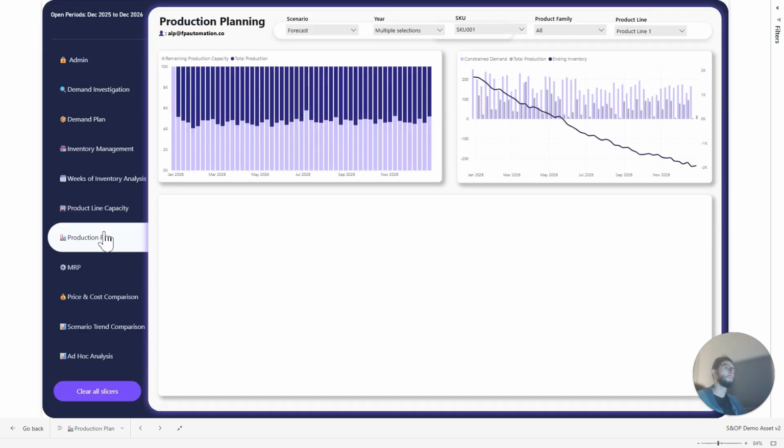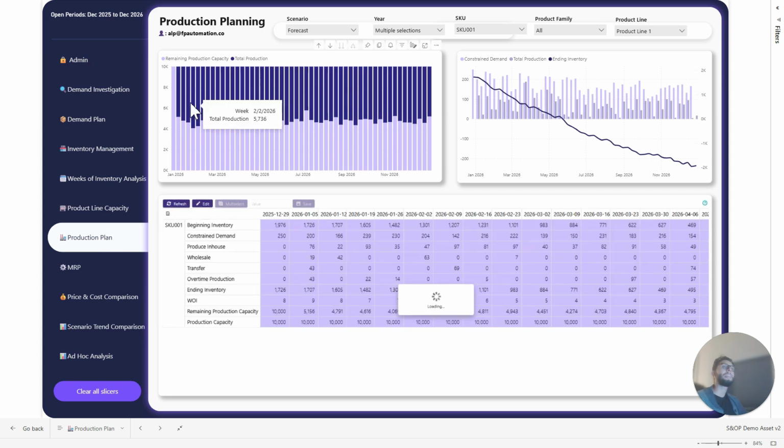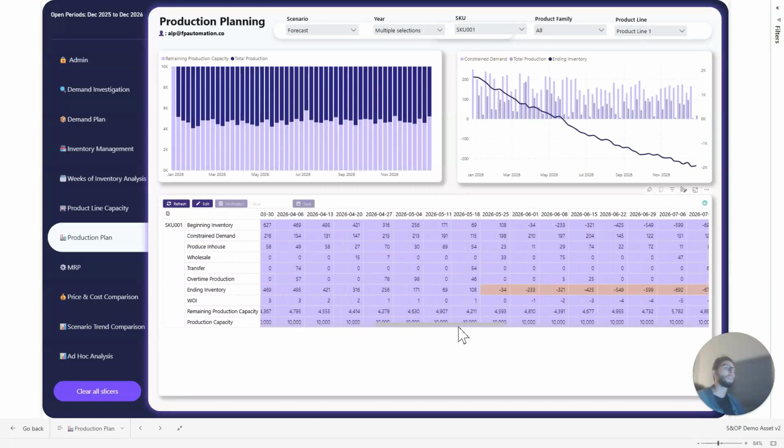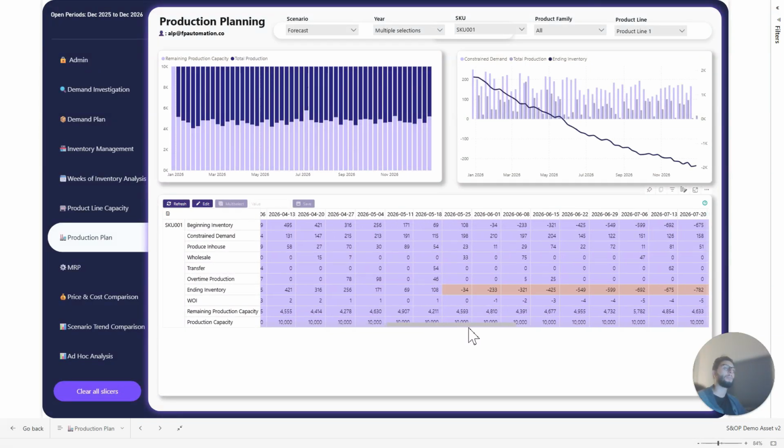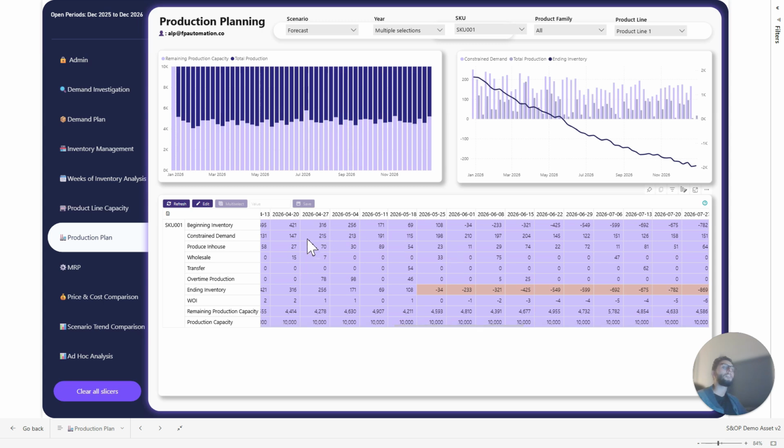As we start to move into the production planning process, we can immediately see the capacity for that particular product line, and then we can also see the beginning and ending inventory balances for the particular SKU that we are currently on right here. We can also see a chart view that's showing exactly where the demand is starting to influence the ending inventory levels to be negative and where exactly we should be making adjustments. So imagine now we're looking at this view and we can immediately make influential decisions as to where exactly we should be producing or using a different method in order to be able to get the products that are needed